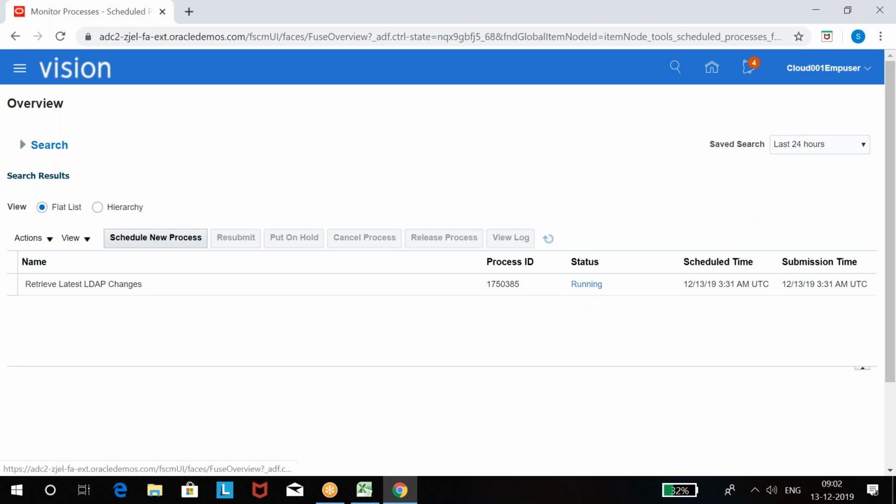It takes two to three minutes because it is not only one username in the server. Whatever usernames are there, it will check all usernames in the instance. We have not submitted it only for my user, it is submitted for all usernames. It will check all usernames for any changes, then synchronize them in the LDAP table. For that it will take some time, so no need to wait here. You can log off from here.